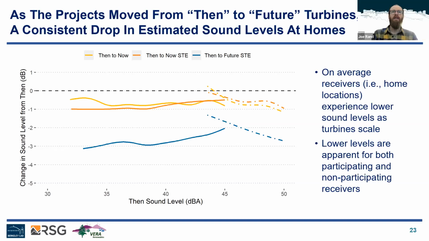Great, thanks, guys. Ryan, maybe I'll stick with you here. We did answer a couple of these questions, but since there were more than one, and I want to make sure all attendees are hearing this, a few folks asked whether a decrease of 1 decibel is really perceptible to the human ear. So when we say an average decrease of 1 or 2 or 3 decibels, is that really noticeable?